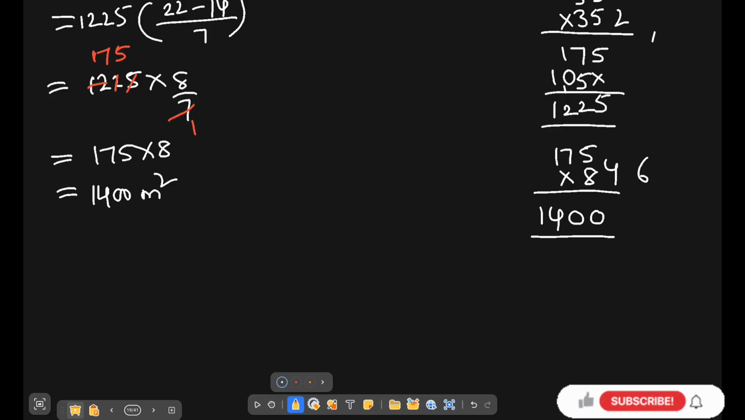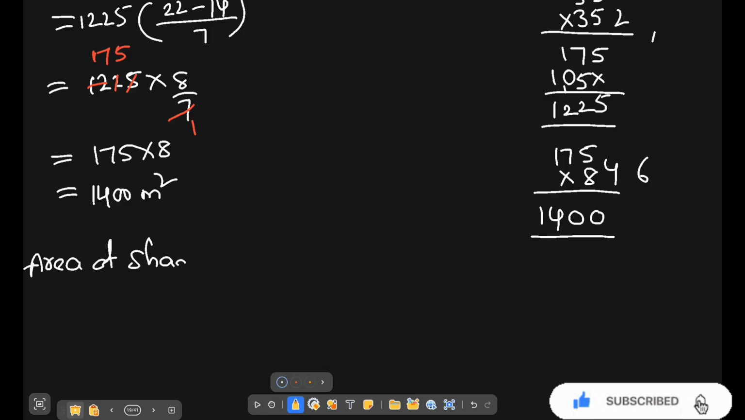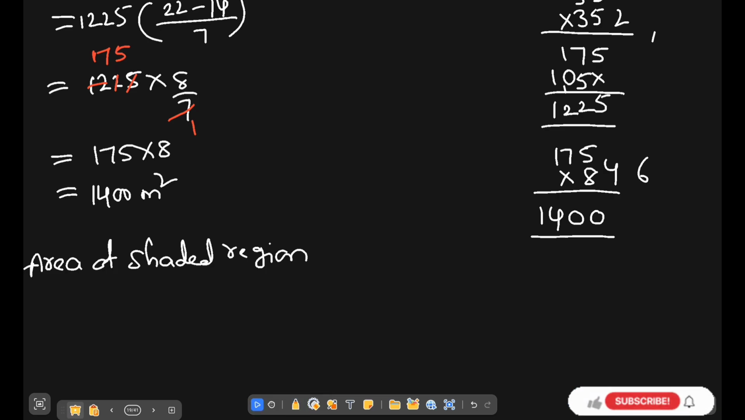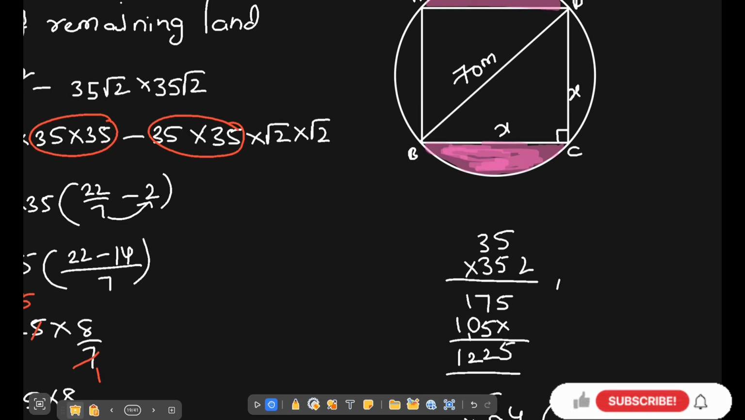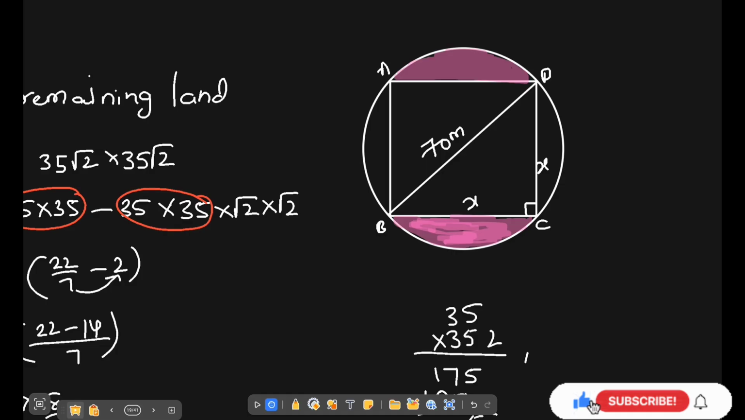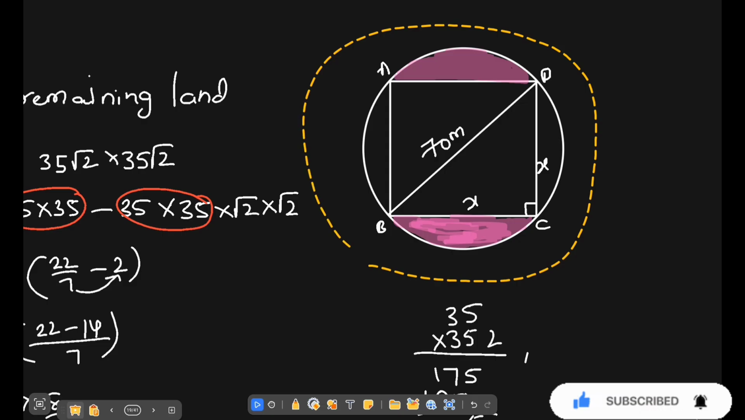And if you want to find the area of shaded region, what is the area of shaded region? It is nothing but 2 parts out of 4. So the remaining land should be divided into 4 equal parts, and in those 4 equal parts, 2 parts is nothing but